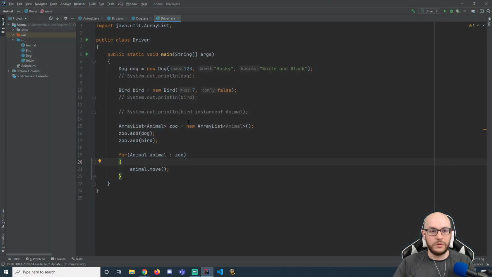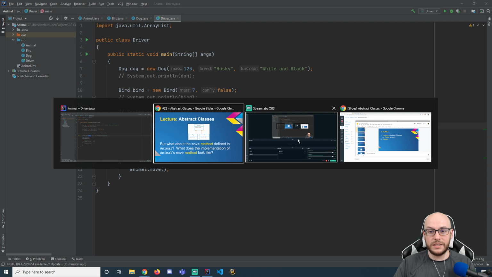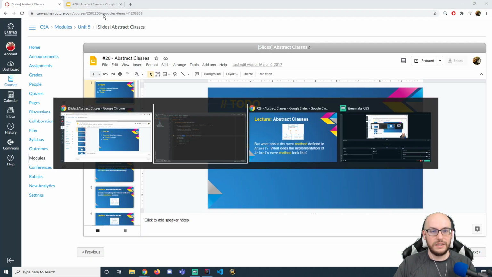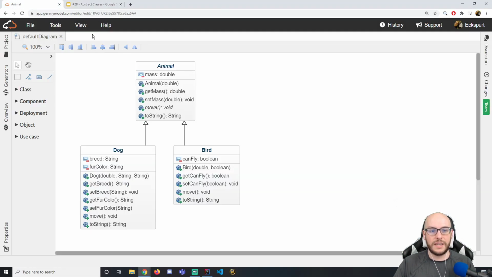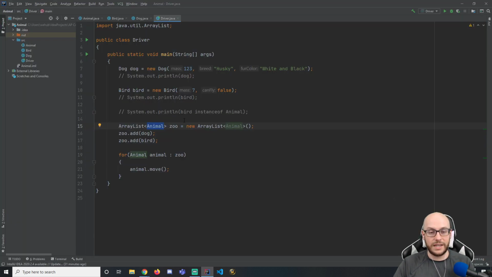So what we ended up doing is that we made a collection, an array list of animal. This is possible because these animals, where'd my slides go? These animals have a common ancestor, right? Dog and bird have a common ancestor of animal. We could easily add to this class hierarchy, but what that means is I can create a data structure. Here it's an array list. It could be an array. There are plenty of other data structures. I can create a data structure, a collection,